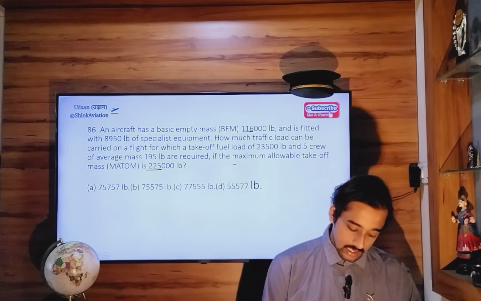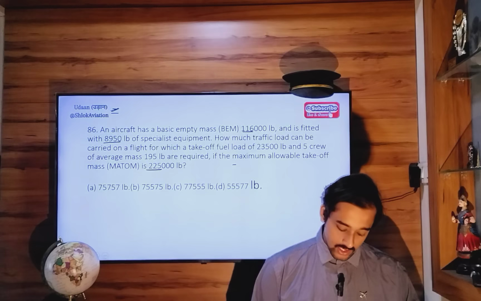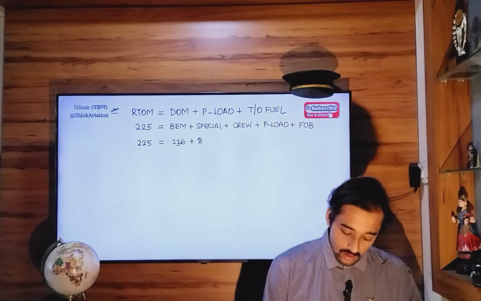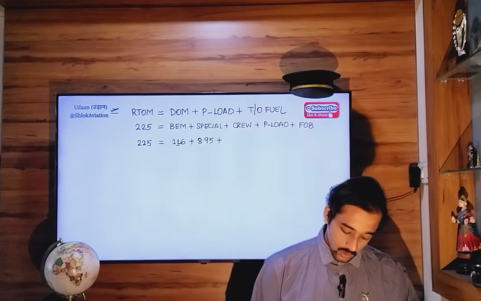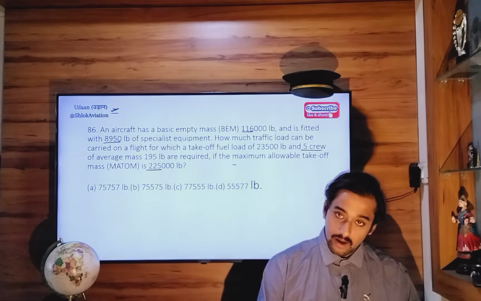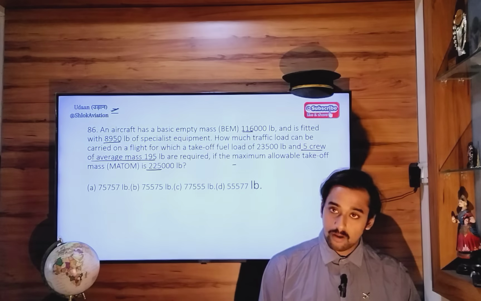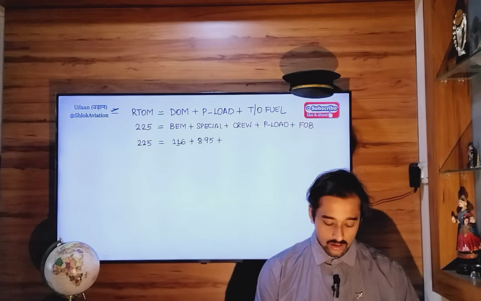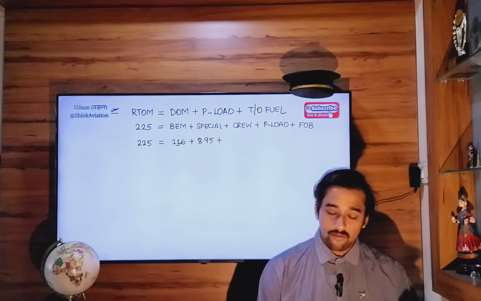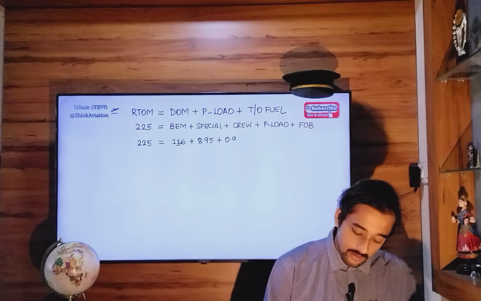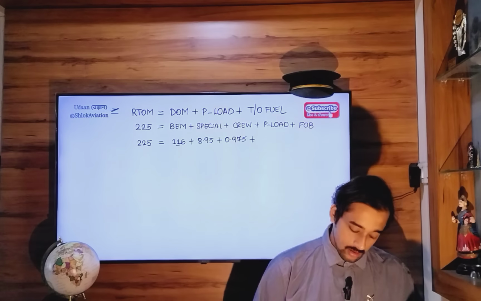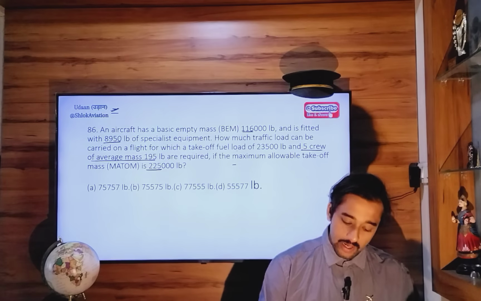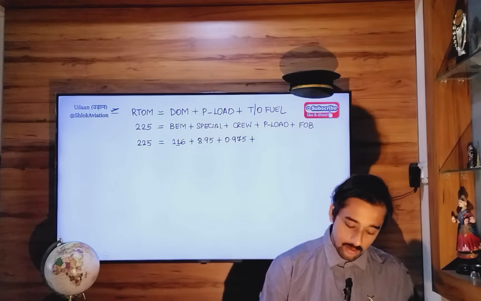Special equipment is 8.950. Crew is 5 pilots, each weighing 195 pounds. So 5 into 195, which is equal to 975. So 0.975 plus fuel load 23,500. So 23.5